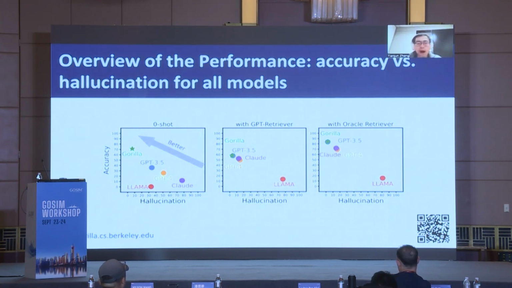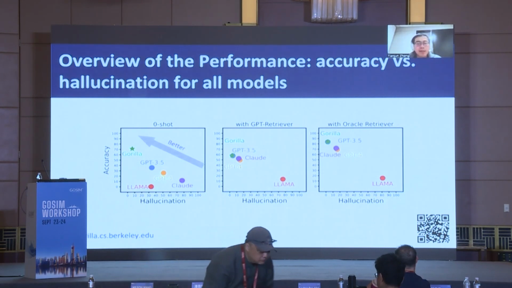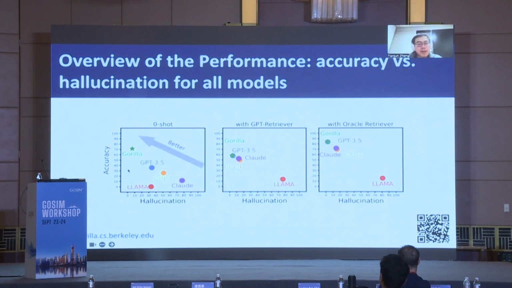Previously, we have been looking at the y-axis, the accuracy, and note that the x-axis is also pretty interesting. Since we can do AST tree matching in our evaluation metric, we can actually check how many times the model is hallucinating, which means creating an API that doesn't exist in our dataset, versus how many times the model is simply choosing the wrong API. From the first step, we see that the Gorilla zero-shot fine-tuned version has very few hallucinations compared to GPT-4,